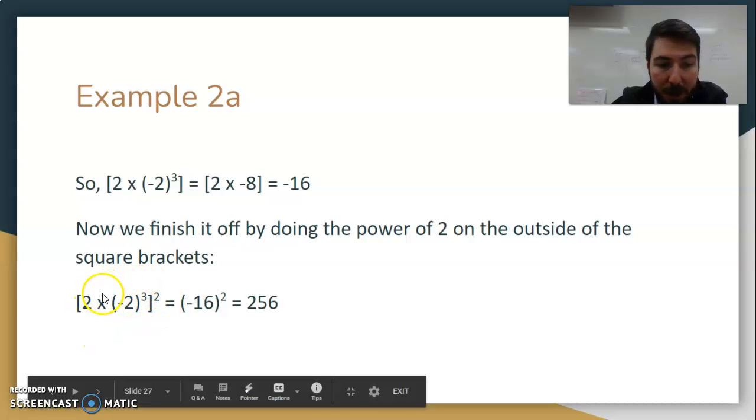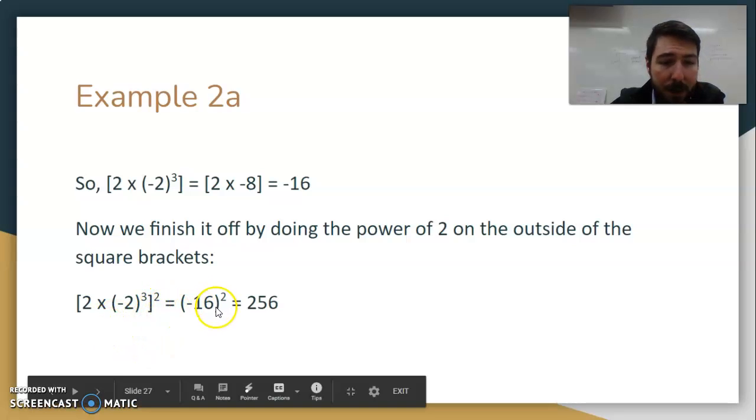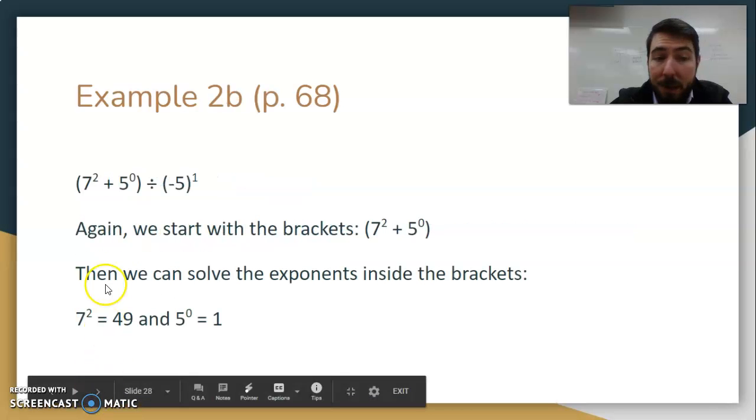Now we've simplified everything inside the brackets, so we can do this exponent outside the brackets. And we get negative 16 to the power of 2 equals positive 256. So again, the solution is outlined for you. I'm just going over these quickly here in the notes. The next example, we have